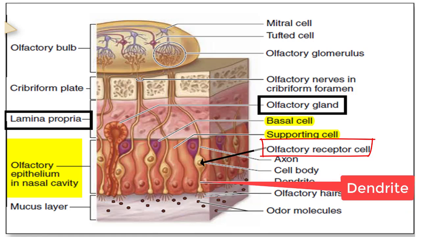So at their apical or luminal end, they have dendrites. And these dendrites, at their end, have knob-like swellings from which long cilia project into the overlying aqueous layer. Here you have to remember that the cilia present in this epithelium are also known as olfactory hairs. They are located at the dendritic end of the olfactory cell, and these cilia are non-motile axonemes. They are not motile. As I had told you, in the respiratory epithelium the cilia were motile. They were helping with mucociliary clearance. But here, these cilia are non-motile axonemes.